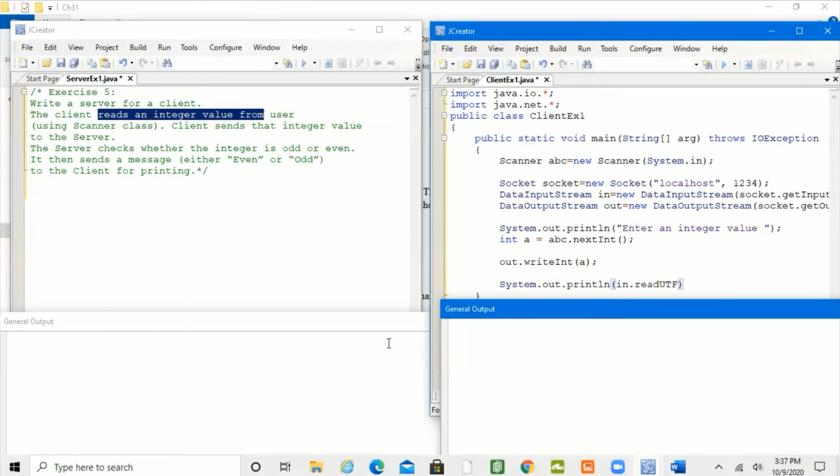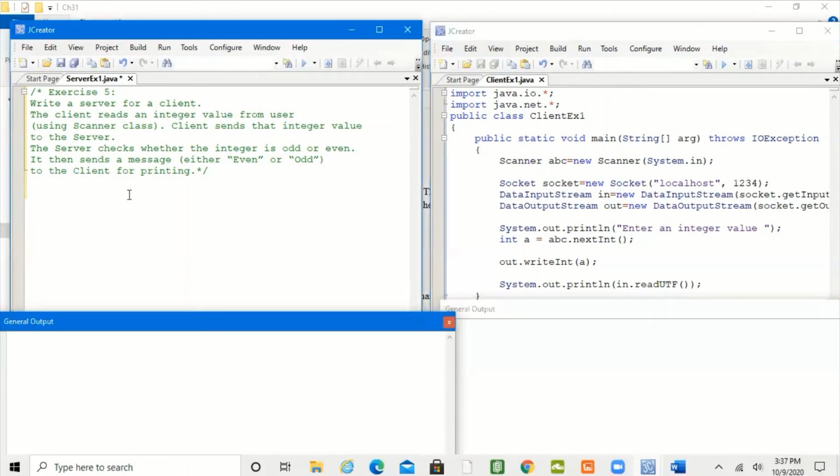Why UTF? Because the server writes a string value, so the client reads the string value. So this is the way we write the integer, and then we read the UTF.